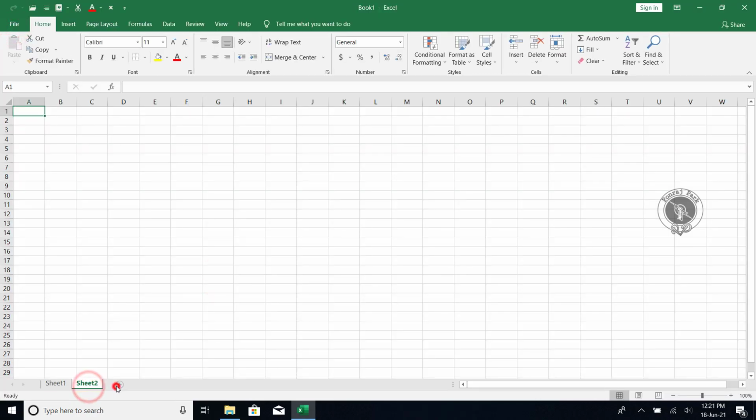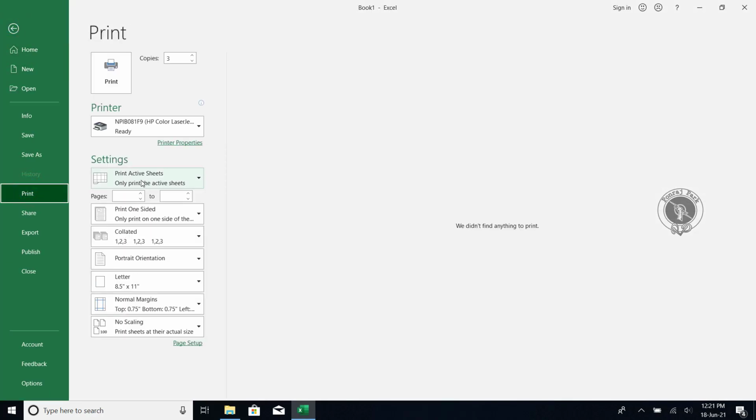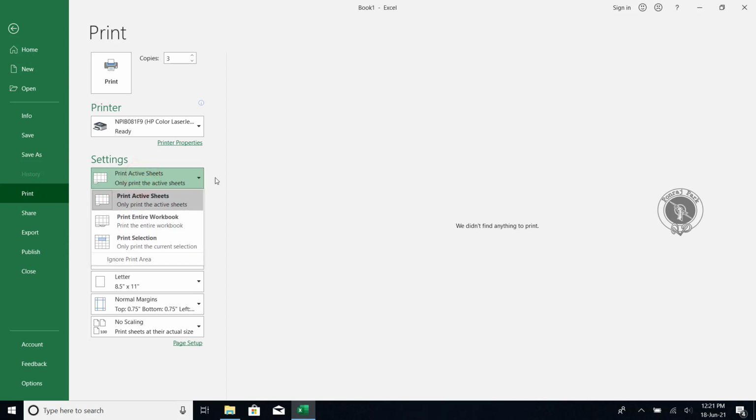This is my active sheet now, and I'll go here in Print and choose Print Active Sheets, so only that sheet will get printed. If I want to print the whole file, the whole workbook, all sheets will get printed.